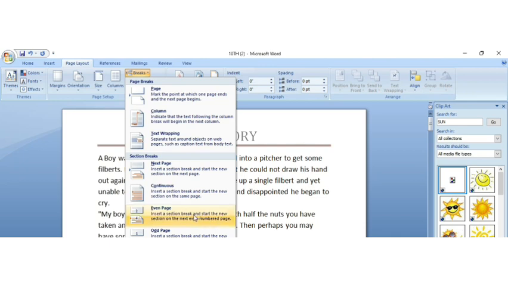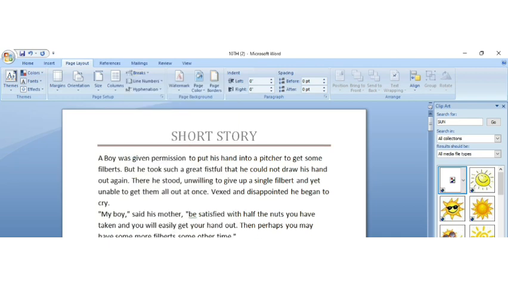If you want to do it in even, click on even. If you want to do it in odd, select odd, so that you can easily manage the data in your document. Alright. So this way we have completed insert page and section break also.